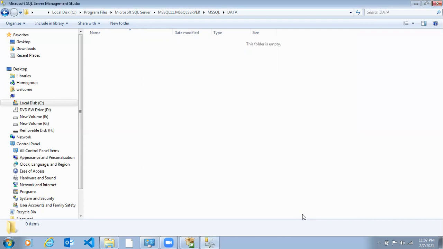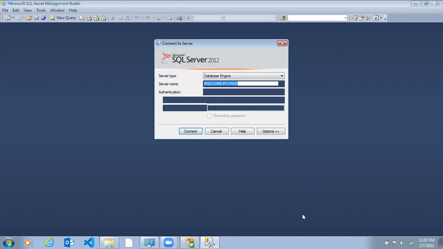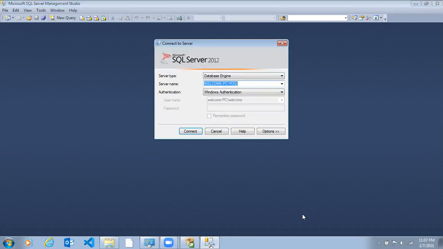Let it be open. I will check by connecting to my SQL Server. Here I said, right, that by checking mixed mode authentication, we are able to log into the server using Windows and SQL Server authentication. I have checked mixed mode authentication. If you check only Windows authentication, you will not get the SQL Server authentication to connect to the server. So here I'm using my Windows authentication, and this is my server name. I will click on connect.